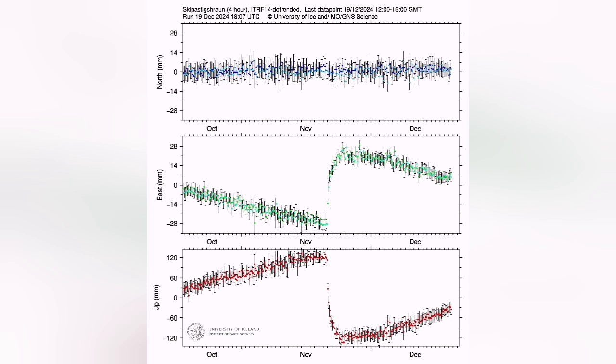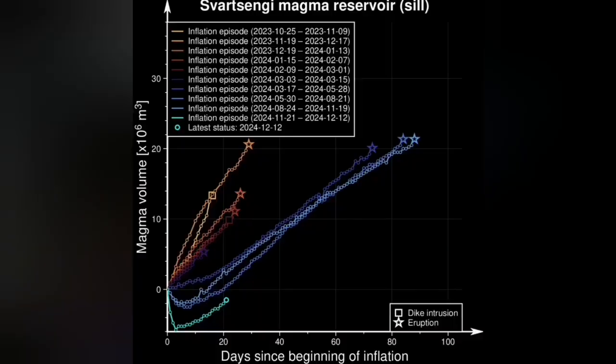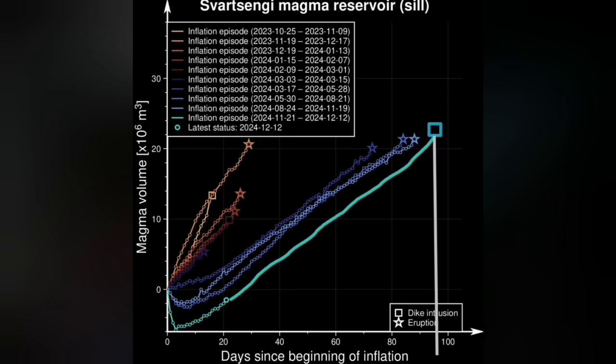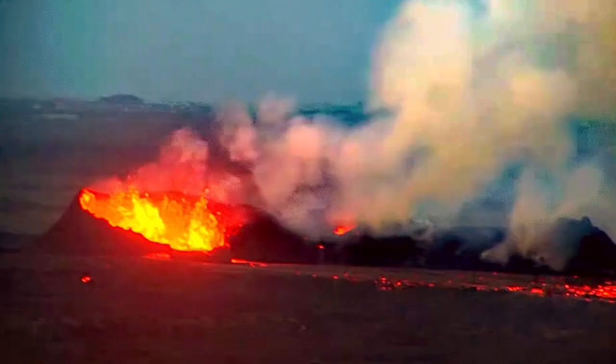The land rise continues in this area. If the slope of the land rise by the accumulation of the magma continues, and we can extrapolate the future trend of this magma accumulation, we may say that we expect an eruption around mid-February, 21st to 23rd, something like that, of February 2025. This is, of course, an estimate based on the current trend, but this is what we expect for the next